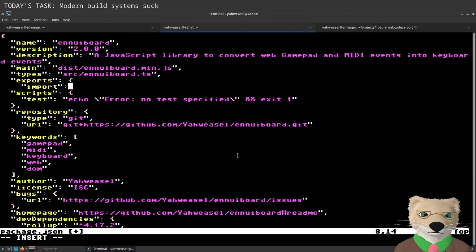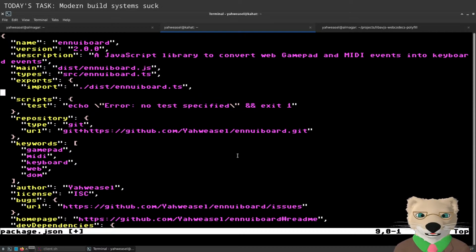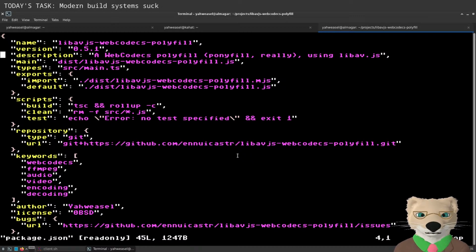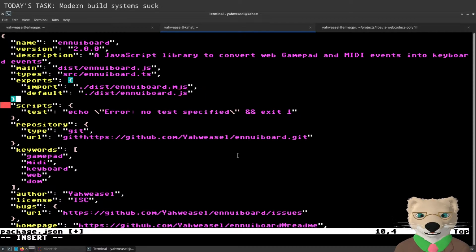If you are using ES6 imports, then you should use OnWiiboard.mjs. There's actually no reason to use the minified version in this context. Otherwise you should use OnWiiboard.js. I really can't type.